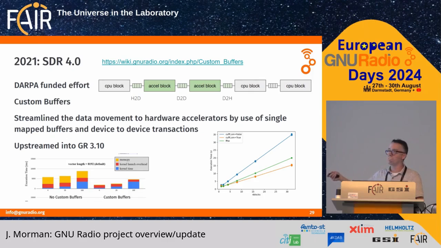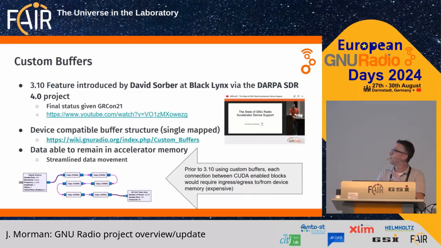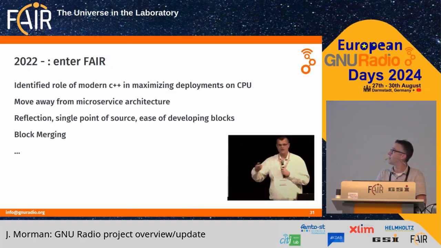So this is in 3.10. If you're not aware of this feature and this is useful to you, it is documented on the wiki, wiki.gnuradio.org. Just search custom buffers so you can find out more. But so this was a step towards 4.0. It just happened to get upstreamed into GR3. Now, this feature probably was a lot more effort to get working in GR3 because of various aspects of the history of buffers, things like that. But it's there, and that was a step along the way.